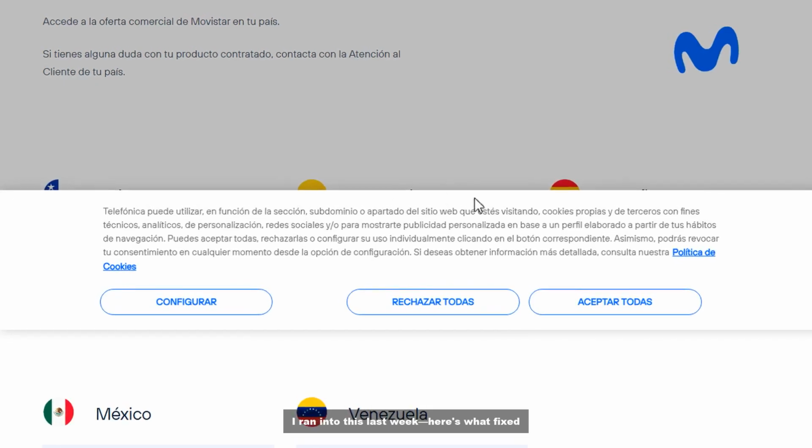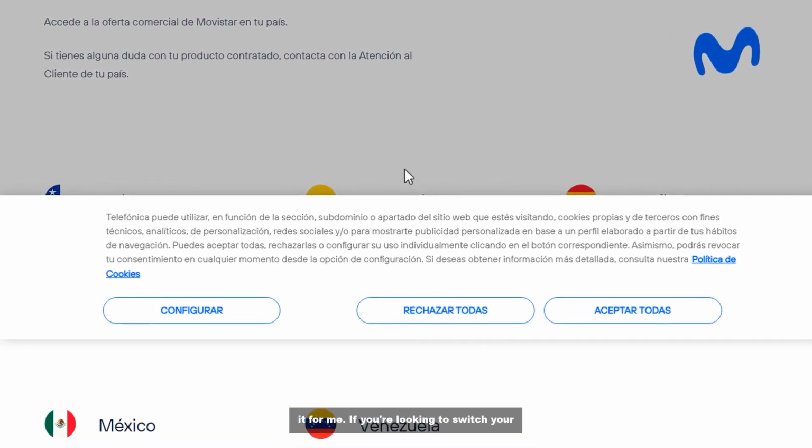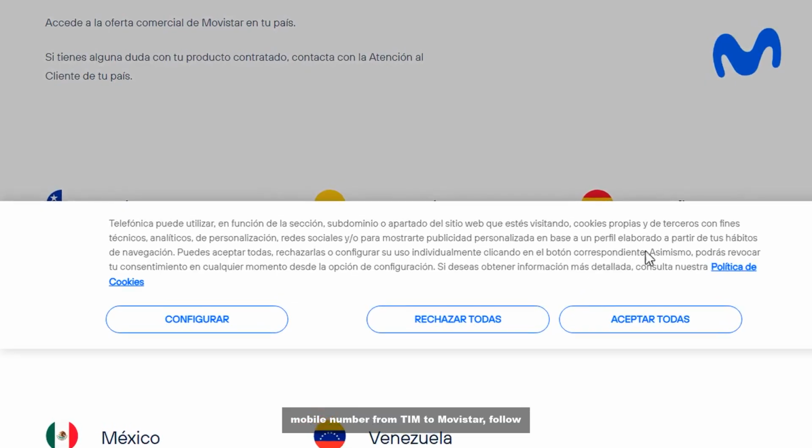I ran into this last week. Here's what fixed it for me. If you're looking to switch your mobile number from TIM to Movistar, follow these steps to make the process smooth